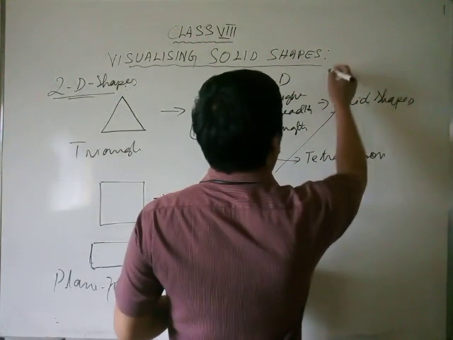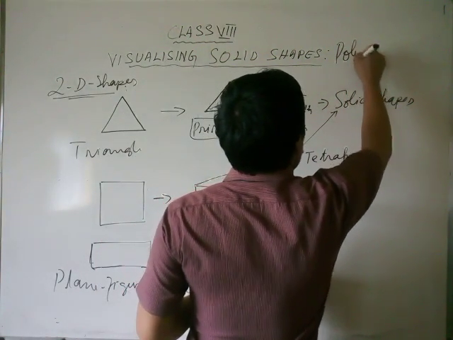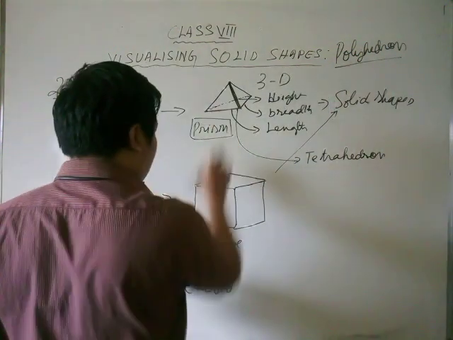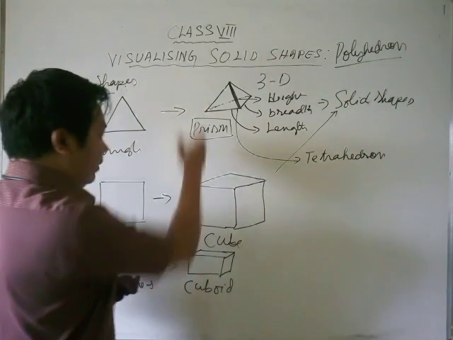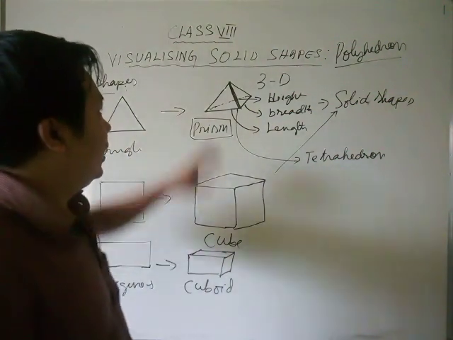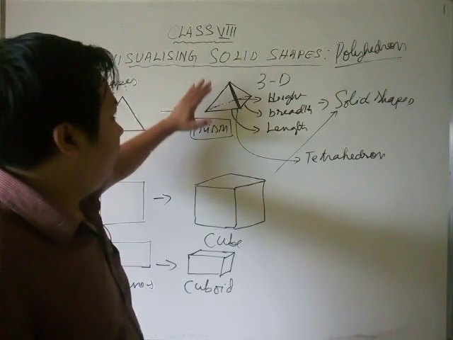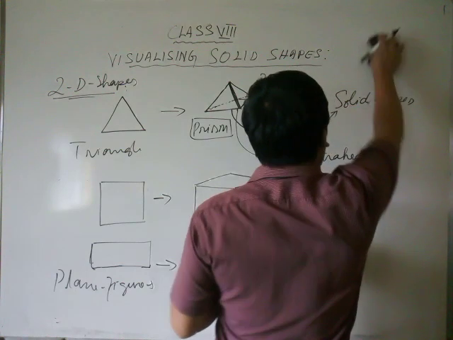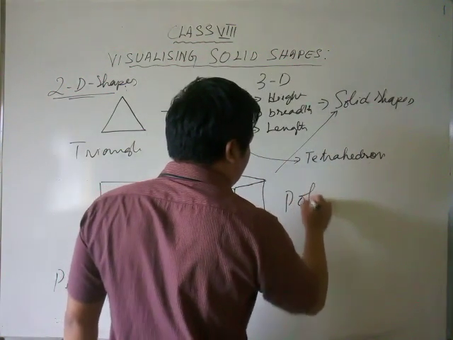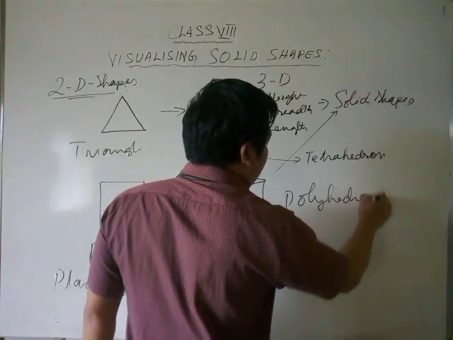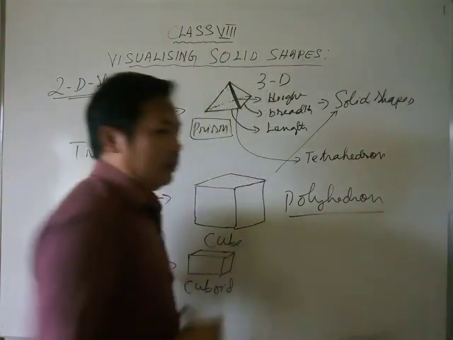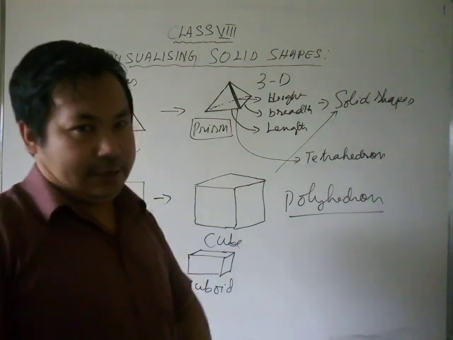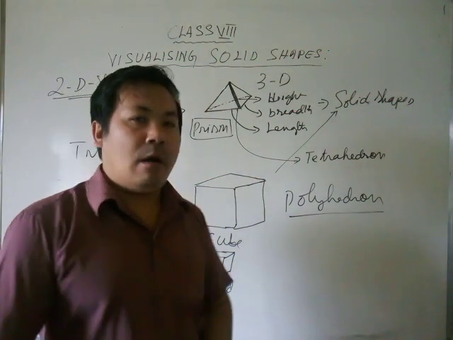But what is a polyhedron? See, my dear students, all these shapes are called polyhedrons. Once again, all the 3D shapes are called polyhedron. I'll write here once again. What is a polyhedron? The polyhedrons are the 3D shapes where they have faces, or where they are made up